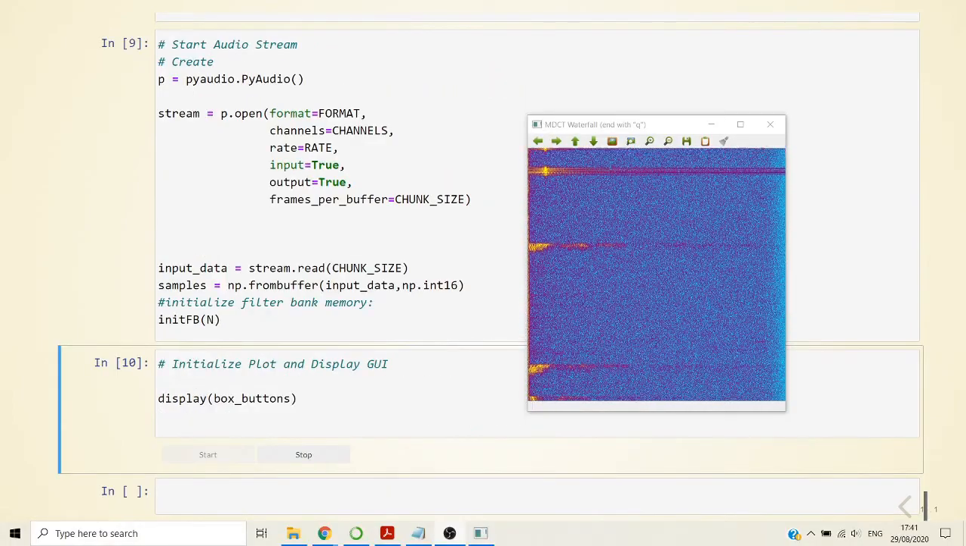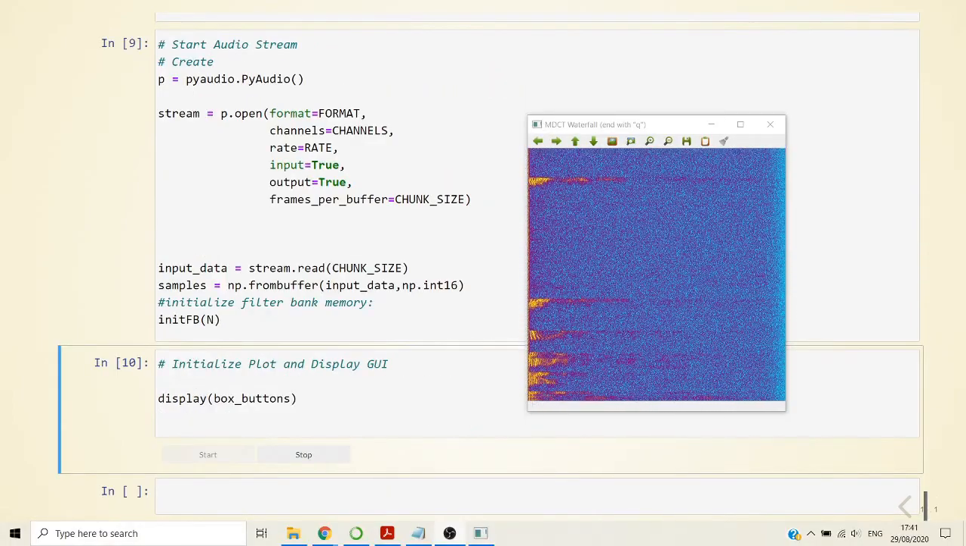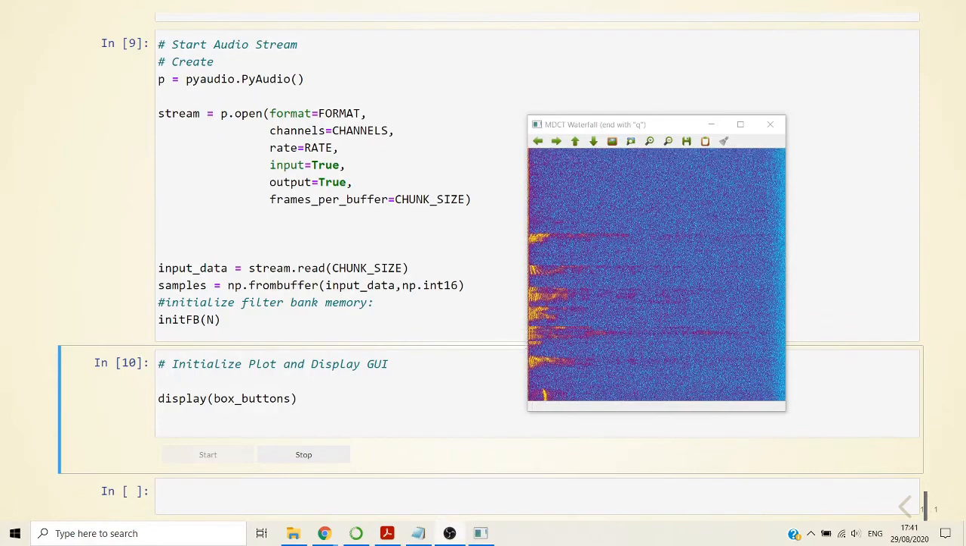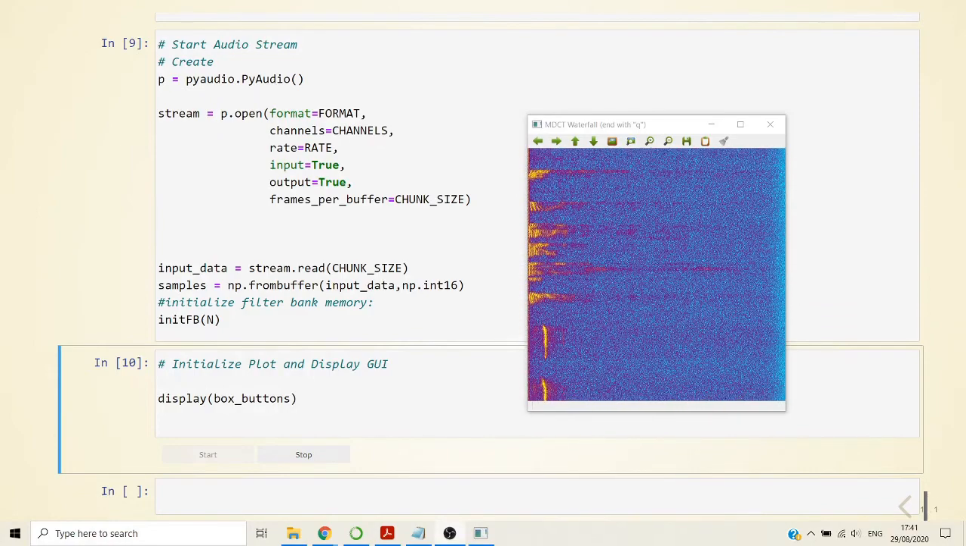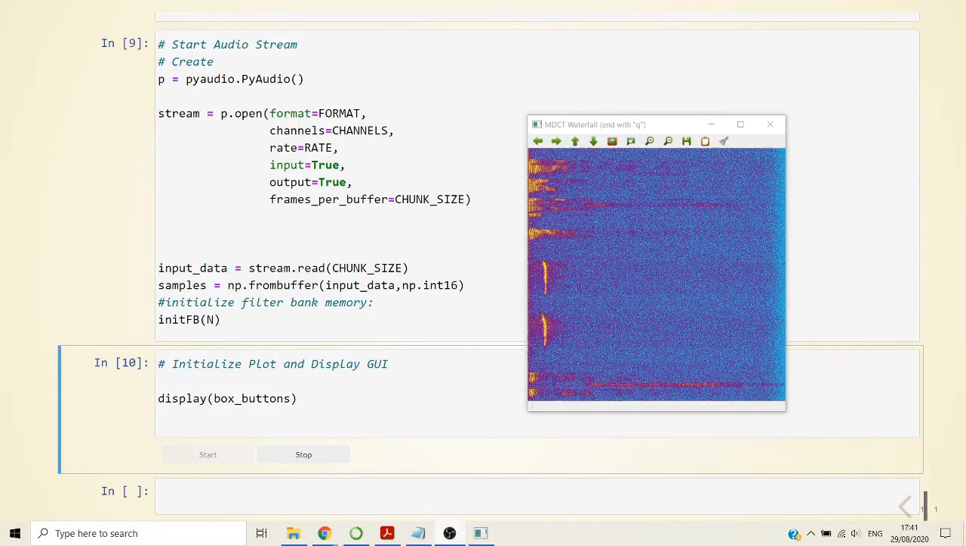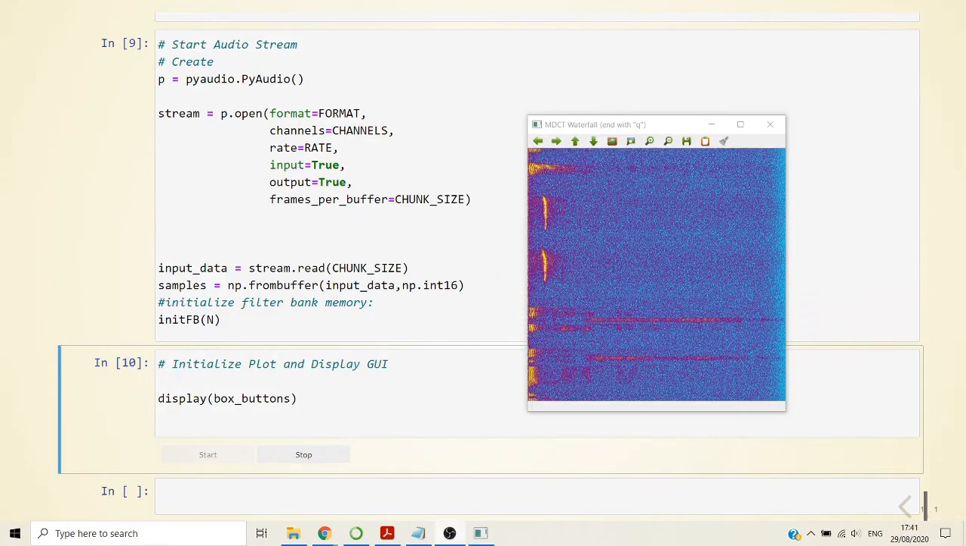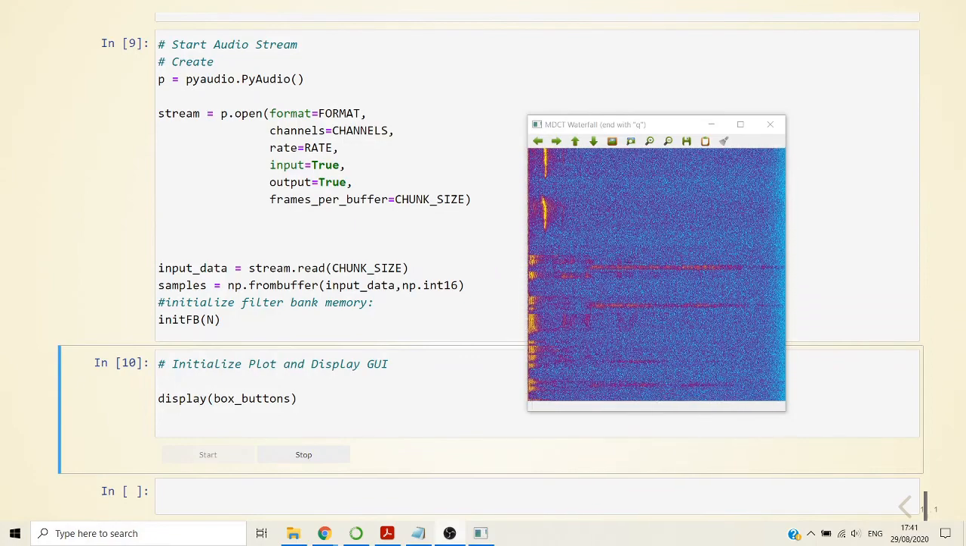Hello, here we have our example running, and it's the MDCT implementation using a low delay